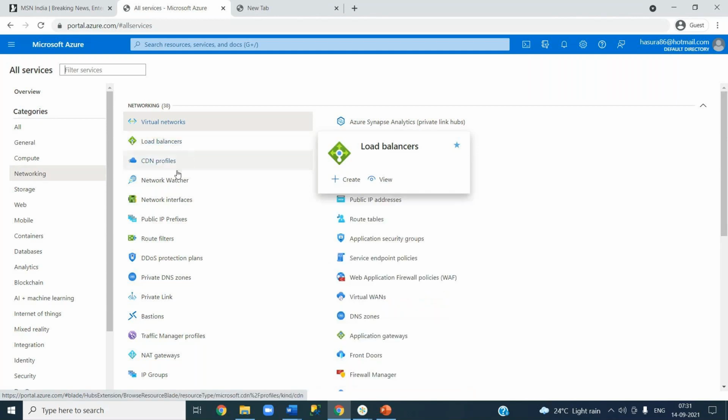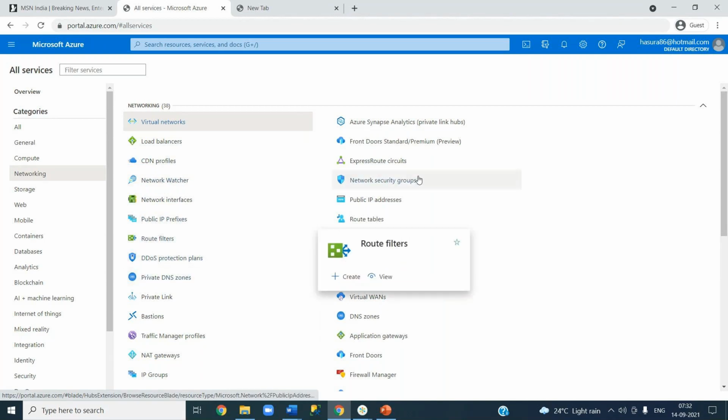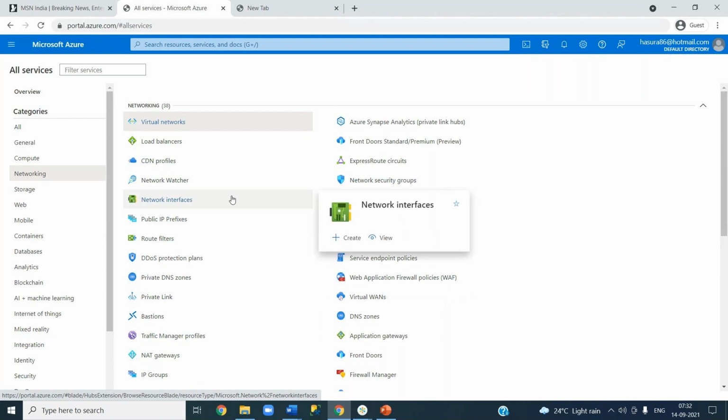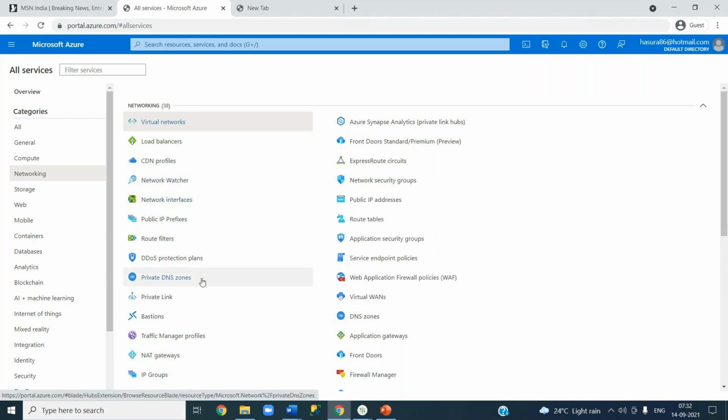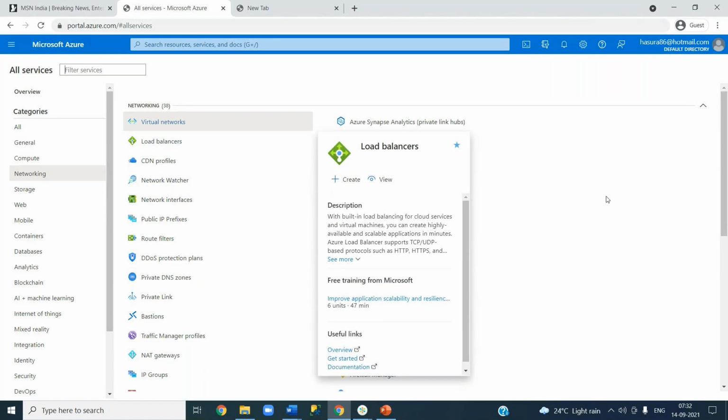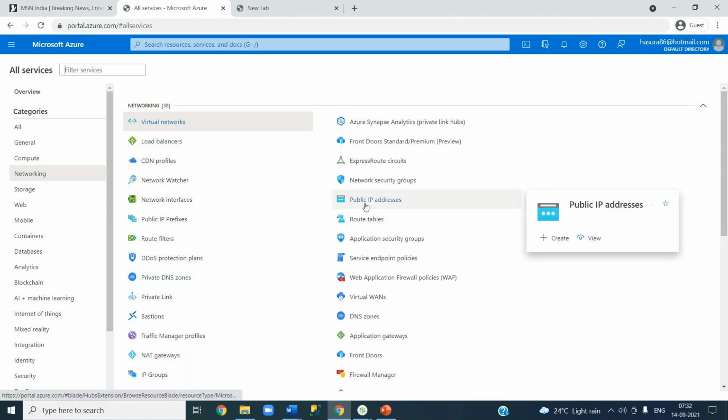See, a lot of things are available in networking as well. If you are a network administrator, you will understand all of these things. But if you are an application development person, you will not know many of these. You will probably only know virtual networks, the load balancers, and not anything other than that. And you know the public IP addresses, etc.